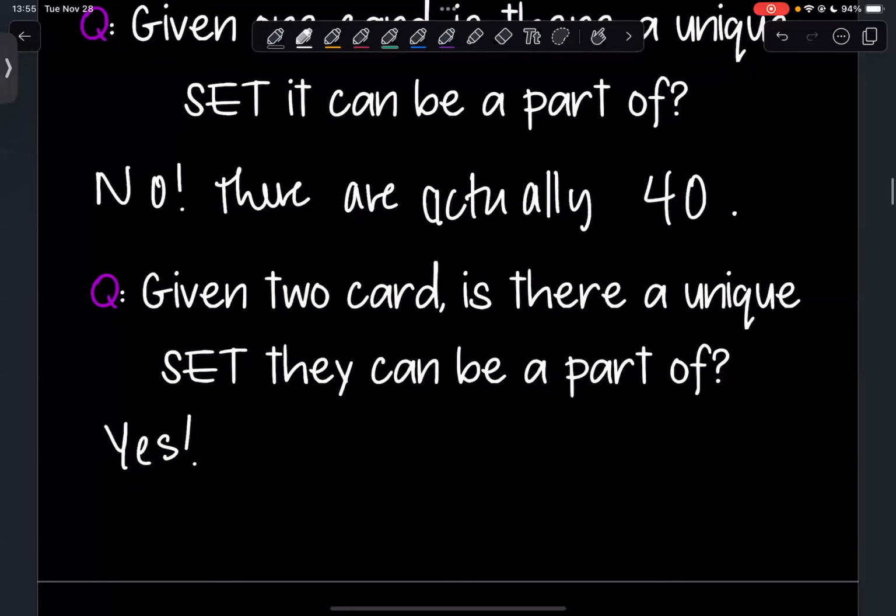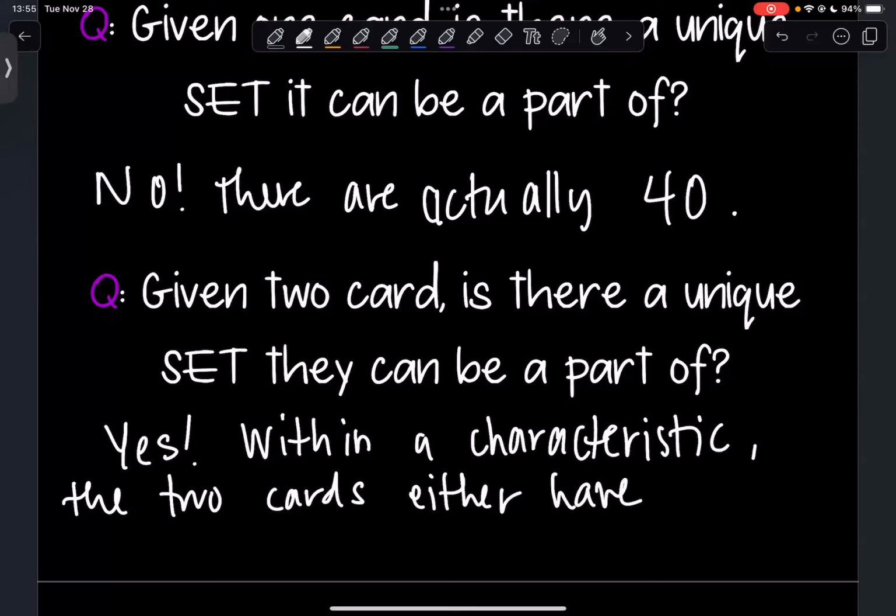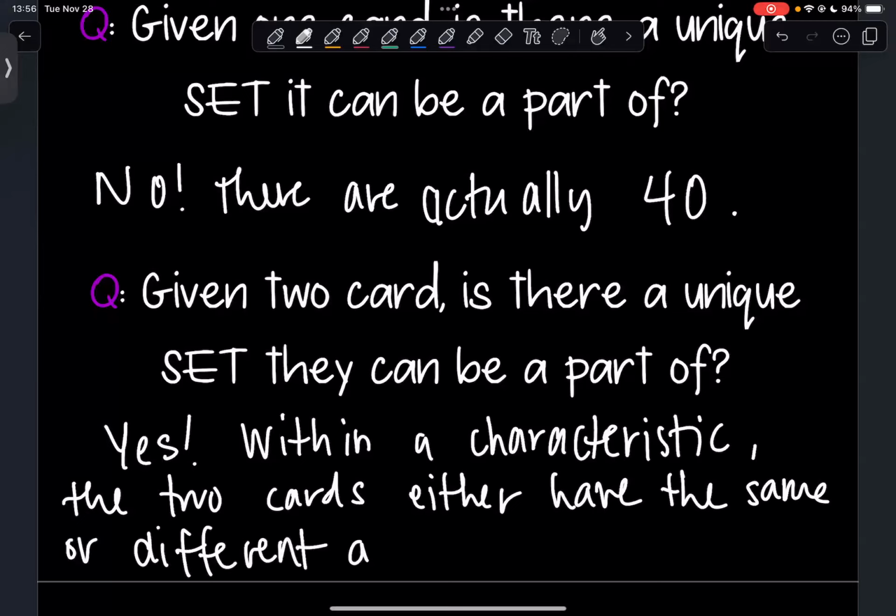So, right, within a characteristic, the two cards either have the same or different attribute, which completely determines the third card here, or the characteristic within that card.